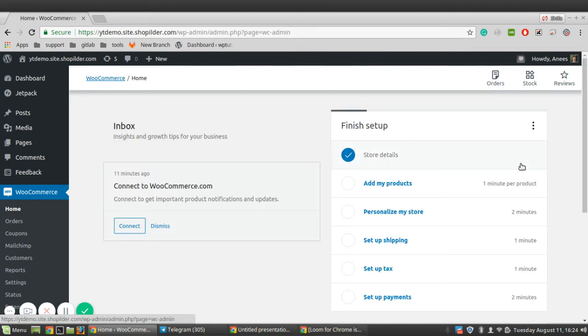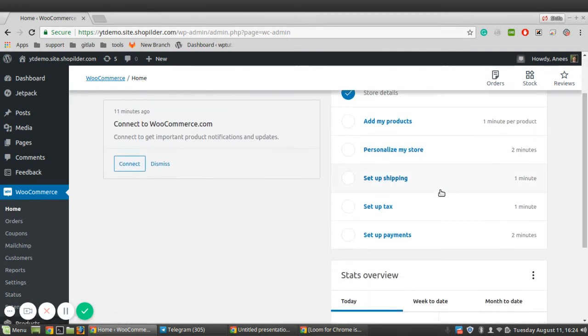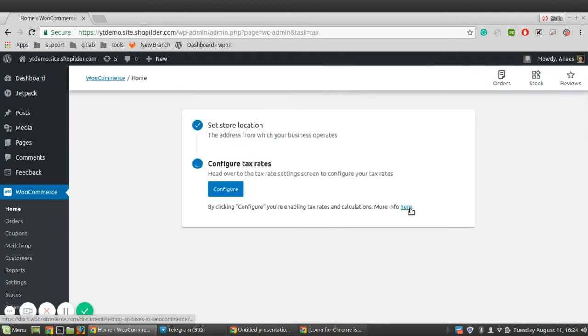Going to the next option, that is for setting up the tax. You can also choose if you want WooCommerce to calculate the tax rates for you according to your location. So you can do it within this option. You can configure it. I will tell you how to do it in detail in my coming videos.